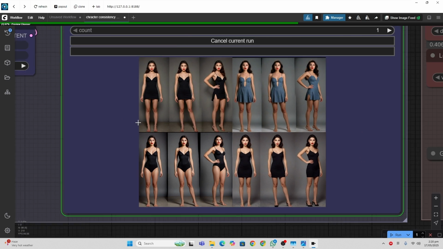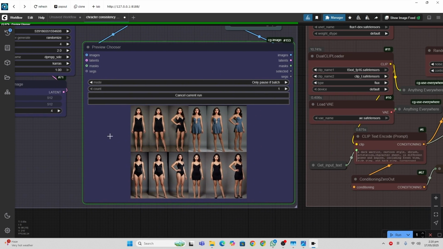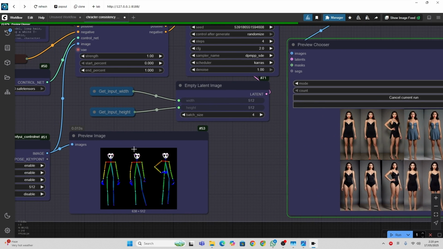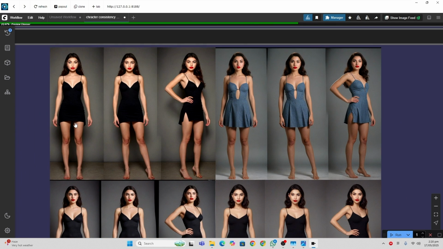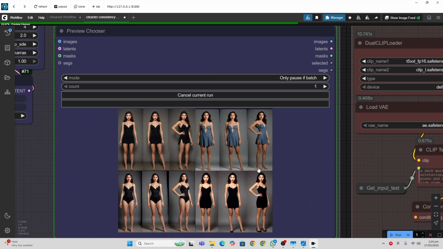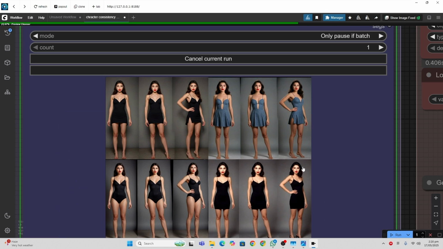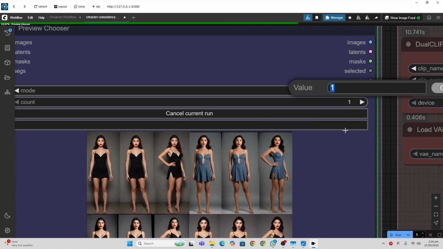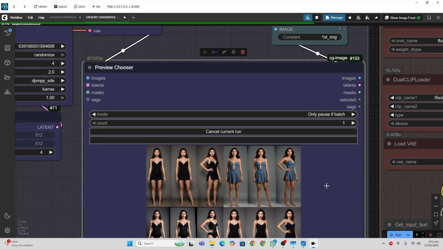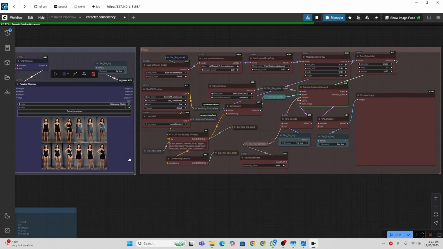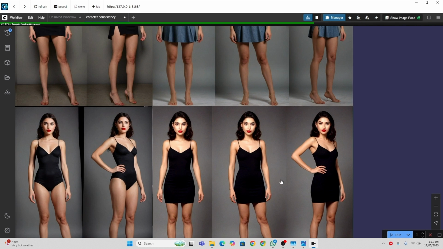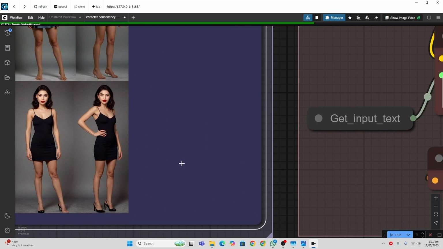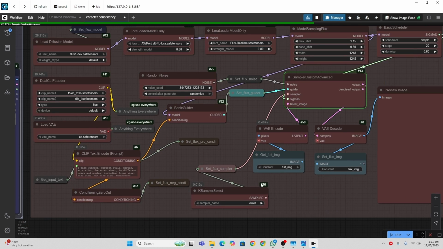So here it is. It generated 4 different images of the same pose. See, the body is very consistent with all of them. You have to choose one of them. I like the fourth one. So here I will type 4 and click here, progress selected image. This will continue the full process, and you will see now, the face is very garbage, the image is very garbage. So it is going to fix all of these things.